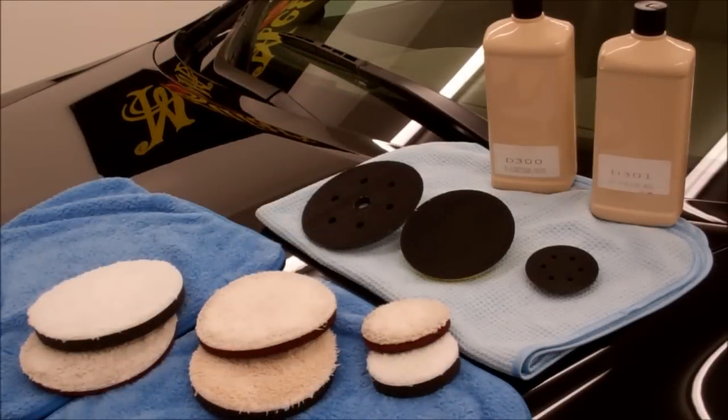Alright, so here you can see some of the products that I was sent in my little test kit. We have the D300 compound, the D301 finishing wax, all 3 sizes of the microfiber pads in both cutting and finishing. The pads will come in 6-inch, 5-inch, and 3-inch. The backing plates you see here are the ones that Meguiars recommends you use with the system. The 6-inch is the S6 backing plate, the 5-inch is the W67 DA backing plate, and the 3-inch is the